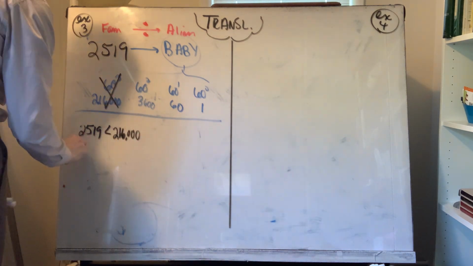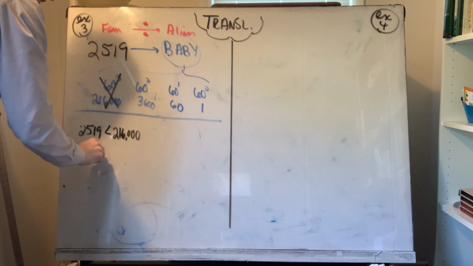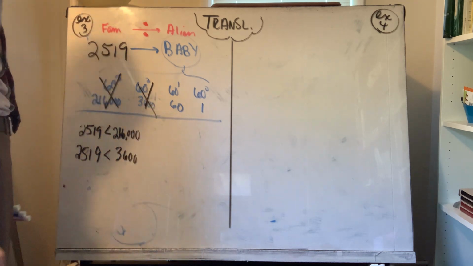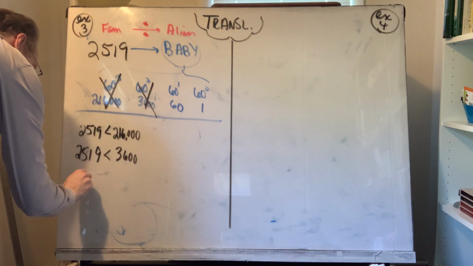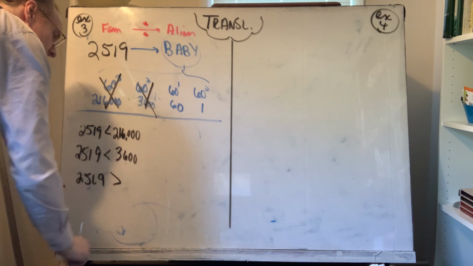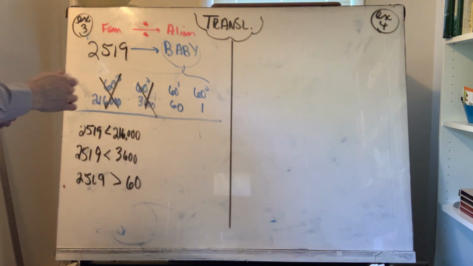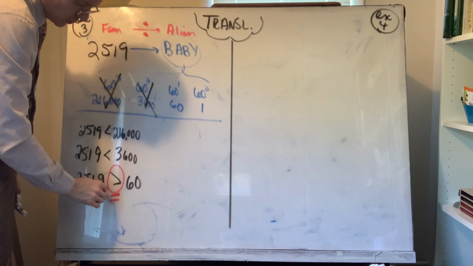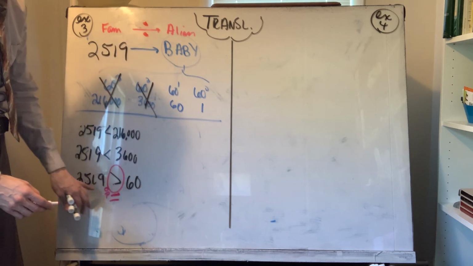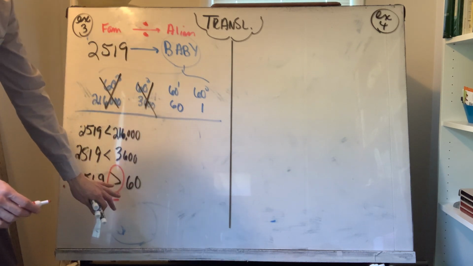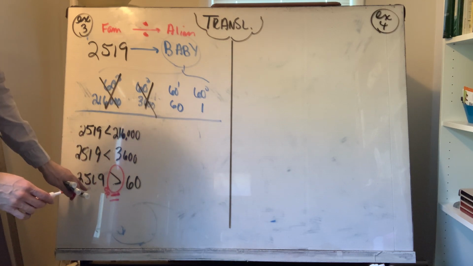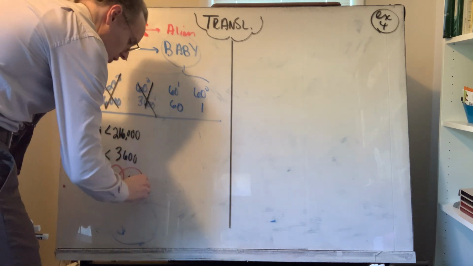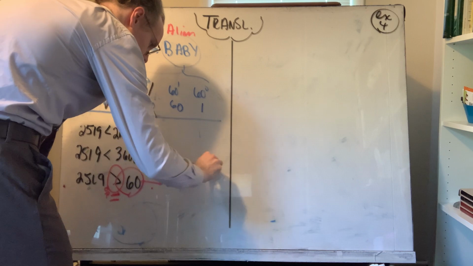2,519 is less than 3,600, so we really can't use that. But what we're going to get to is that 2,519 is greater than 60. What we're always looking for is this point of transition, either this or if it were equals. If it was 60 equals 60, then that's what you're going to divide by. But if the given thing is greater than the position value, that's the thing that we're going to use to divide into this number,